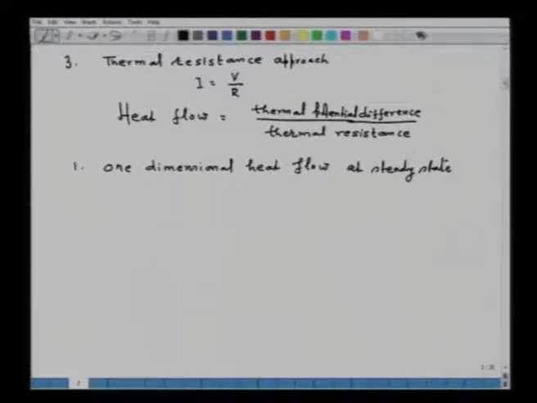This is the one dimension assumption, and the second assumption is that we are assuming perfect thermal contact between the various materials of construction. Perfect thermal contact means there is no air gap between the two materials. So now, since this is a steady state, heat cannot be accumulated, so therefore heat flow across each wall should